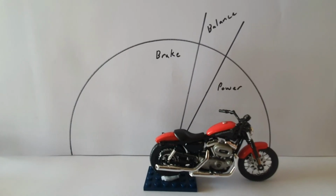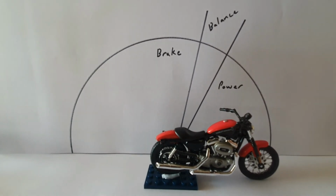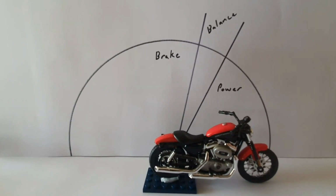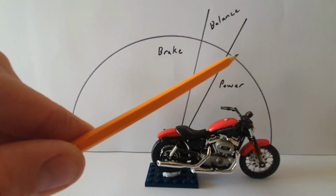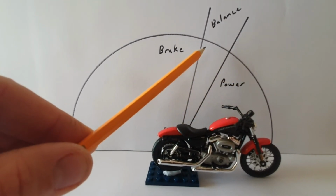Okay class, here's part 1. This is the theory part of the assessment. I'm going to try and explain a wheelie. You're going to have power, which means you're going to use power to get it up here, and then this